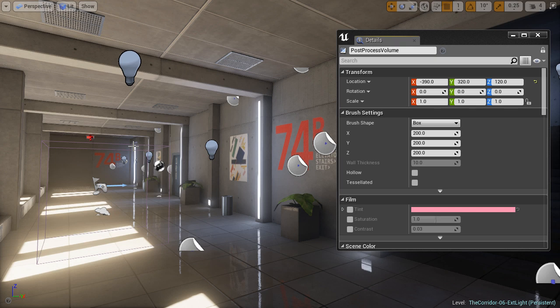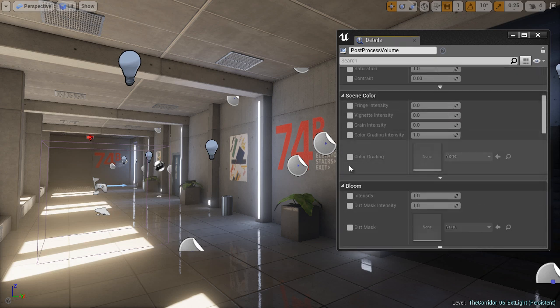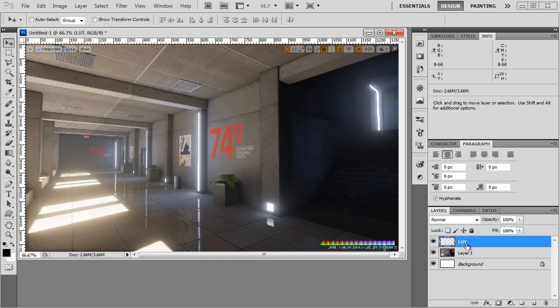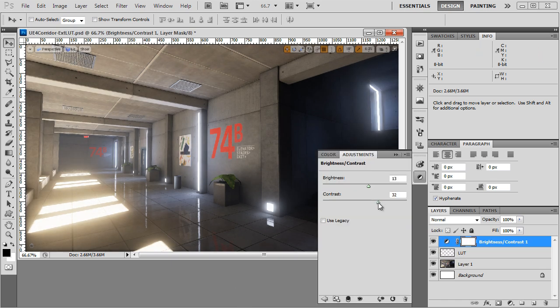I already have post-process inside the level for both of the lighting scenarios, and I begin to tweak various properties. In specific, I use a color grading technique, which allows me to tweak and change lighting using Photoshop. So the way it works is I take a screenshot in Unreal Engine, and then I open that screenshot in Photoshop. I change brightness and contrast, saturation, I adjust levels, basically adjusting the image exactly how I want it to